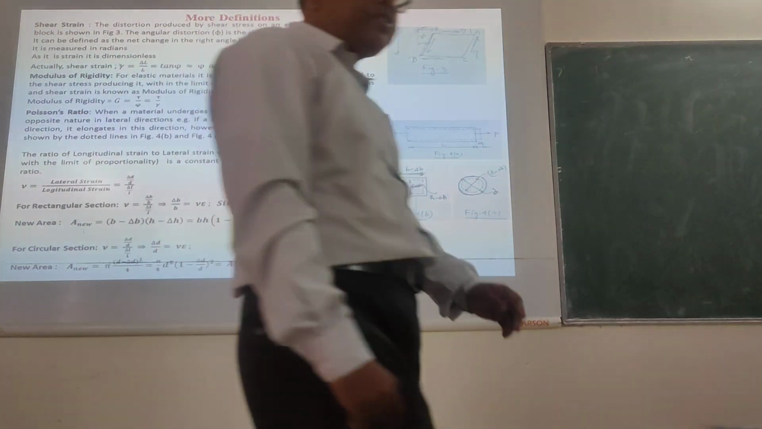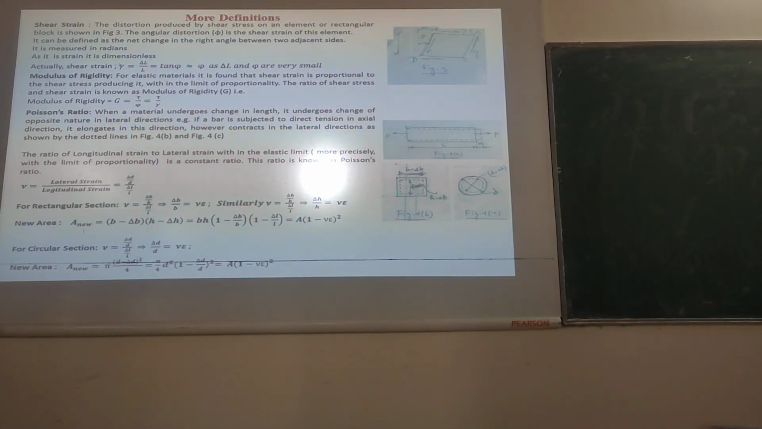And what will be the unit of shear strain? The unit of shear strain will be nothing, because it is dimensionless, delta L by L. So modulus of rigidity is stress by strain, and it will have a unit exactly equal to the stress. However, shear strain will not have any unit. Here, have you understood